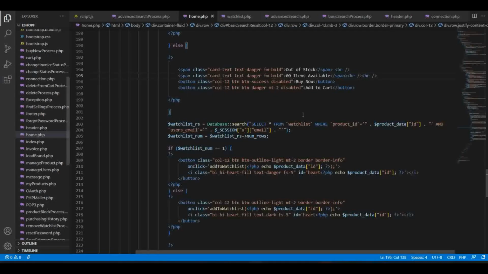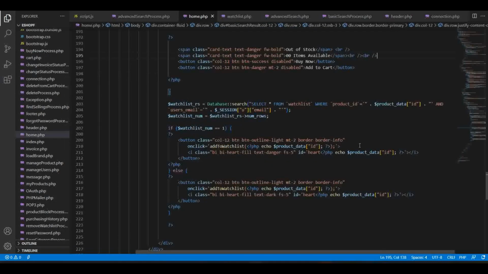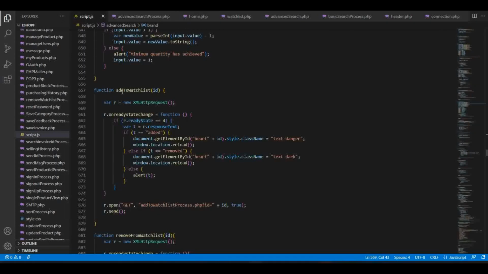Now in the home page, where we first add the product to our watchlist, we have a function called add to watchlist, which echoes the product ID. In the functions, we create a new HTTP request, and then first we send the information in the get method to the add watchlist process.php with the ID like this,